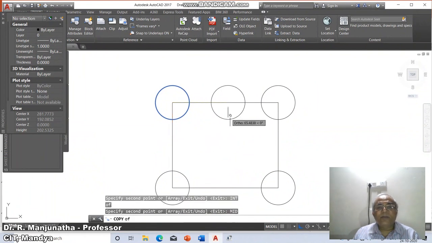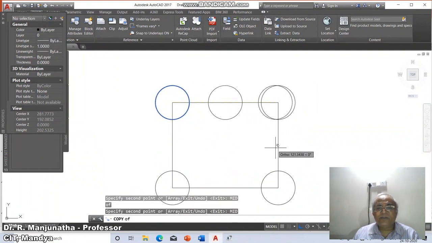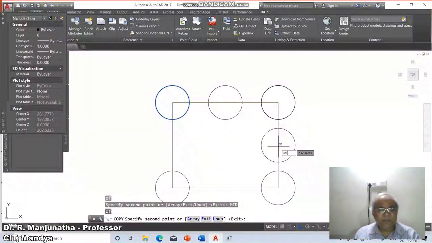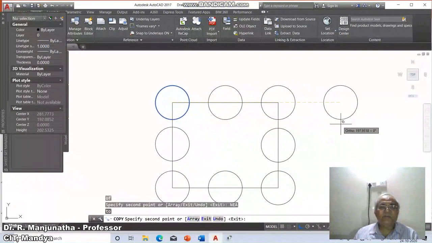Now I want to copy at the midpoint of this, then at the midpoint of this, and similarly at the midpoint of this, and similarly the nearest point on this. The near point, with the position where you select, will be considered as the center point of the circle.